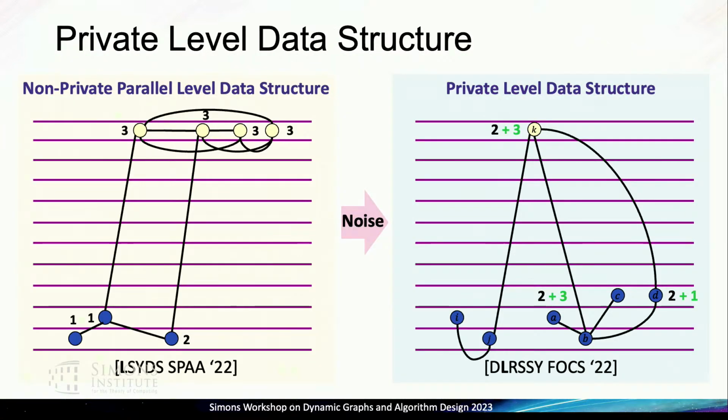Okay, and I want to conclude with my argument that the transformation to the private level data structure is easy. So we're actually working on some implementations, and the implementation actually is quite easy. You just use Google's DP package. But you can tell me whether this transformation is easy or not. So the way that we're